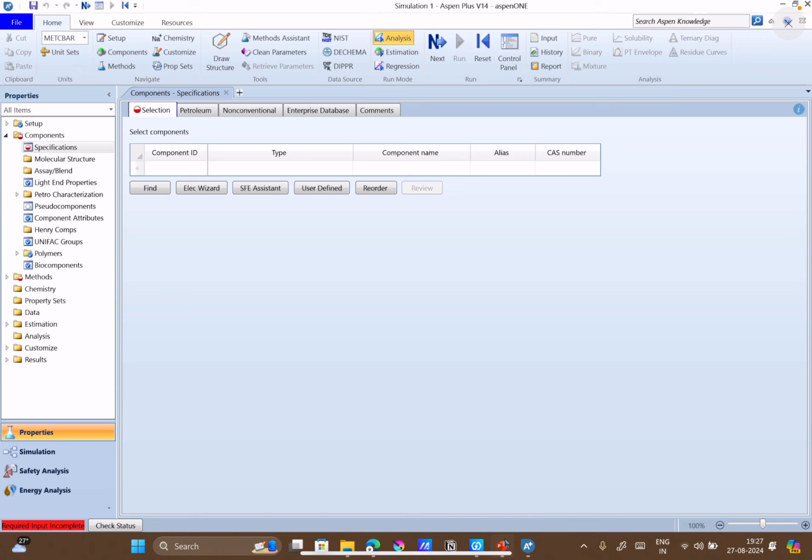You can delete this compound. Right click on it and delete the row. It will delete that compound. Add water, acetic acid. You might have to search for it. There is a character limit, so write acetic acid.